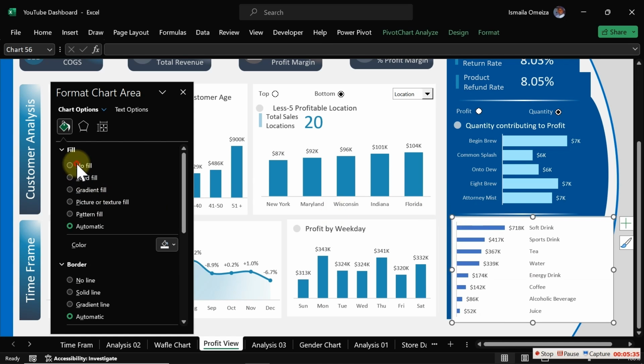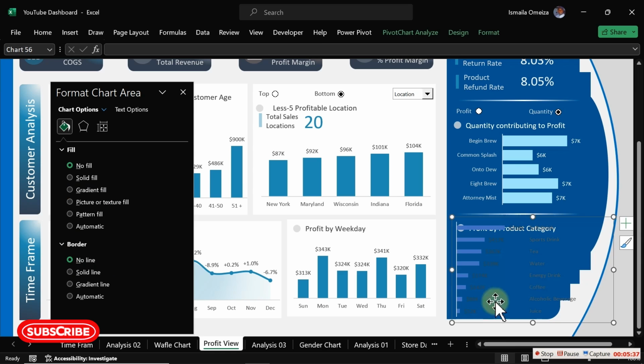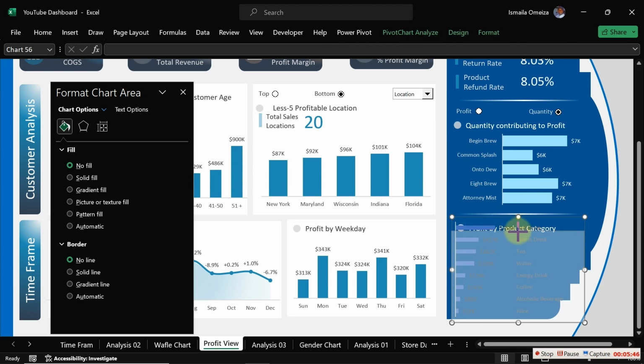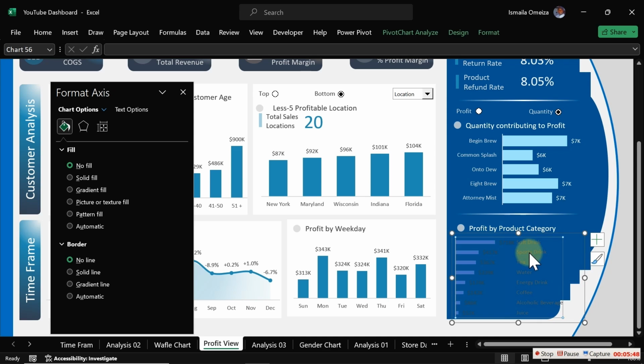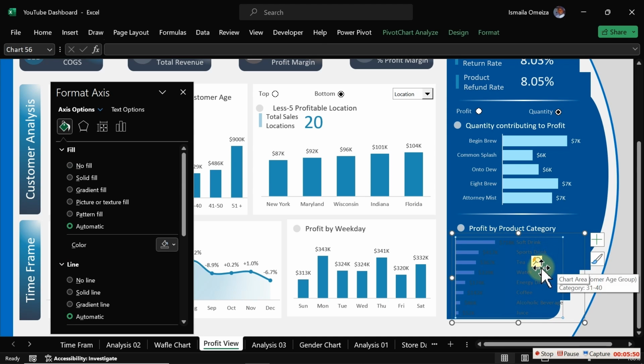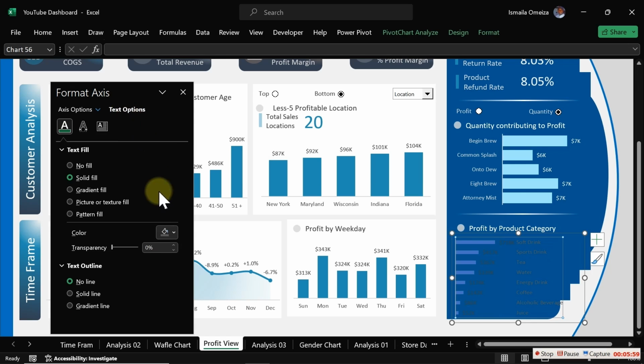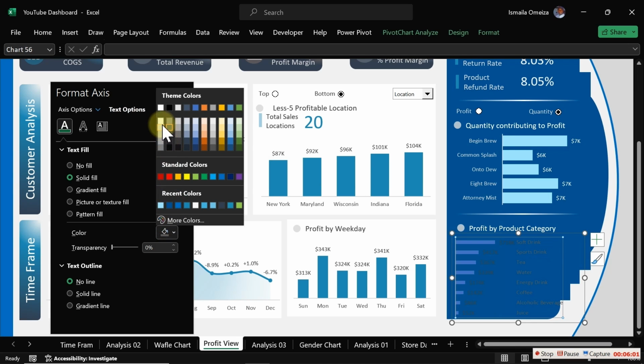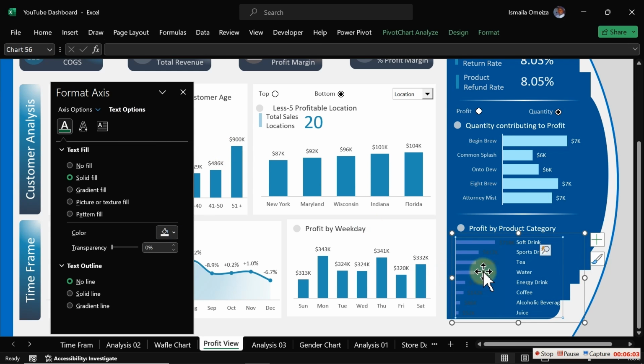So we have to remove everything from here. So quickly, we just have to start getting things done the right way. So I'm going to click on this one here, on the text. So let's go for the text color. Let's choose something like this. So for this one here,